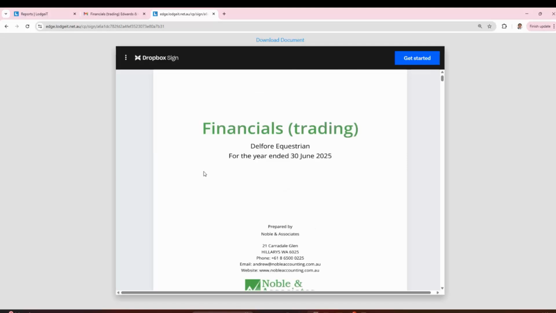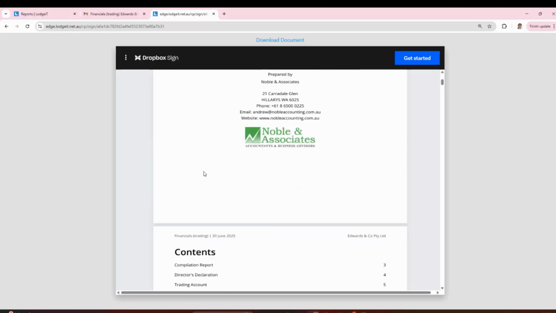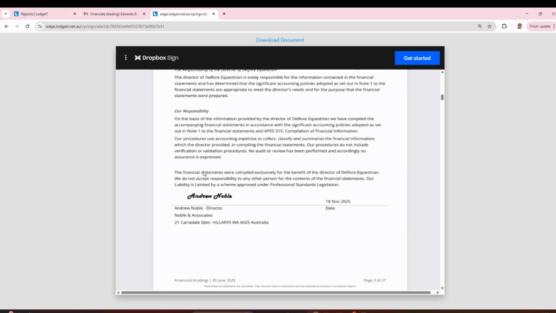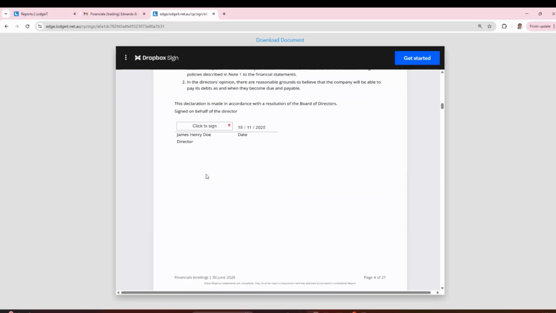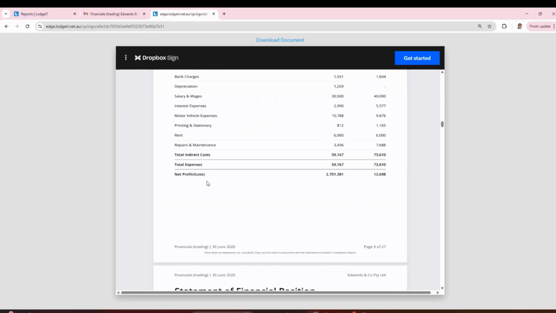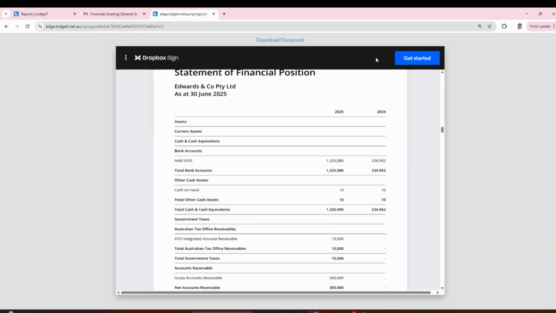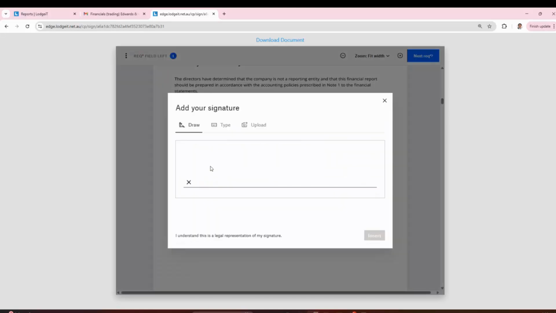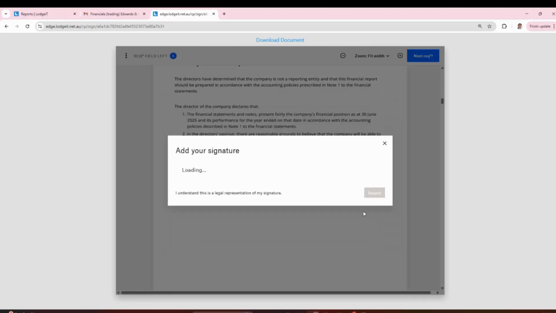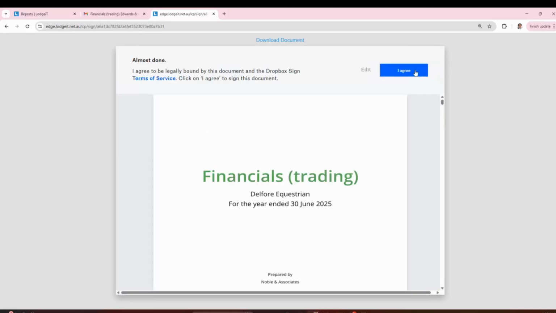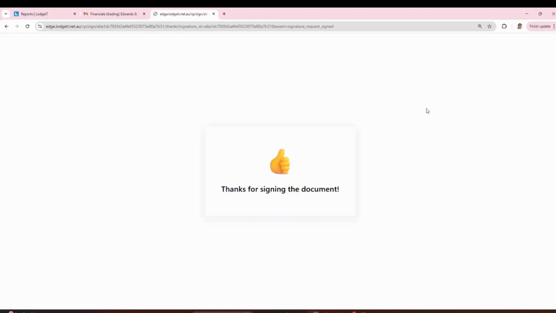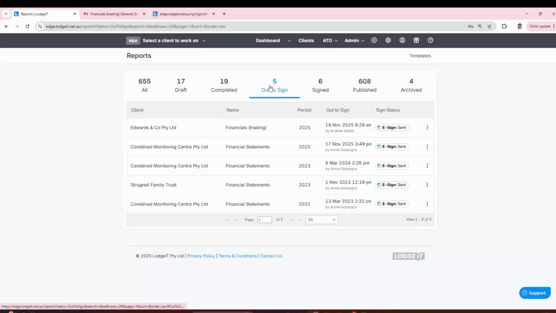So now the client can just scroll through, have a look at these financials, make sure they're happy with everything. And then when they are, they can get started and just click to sign. Whatever they're going to put as their signature, continue and agree. The client will get another email after this, and moreover, if we come back over here, we'll notice